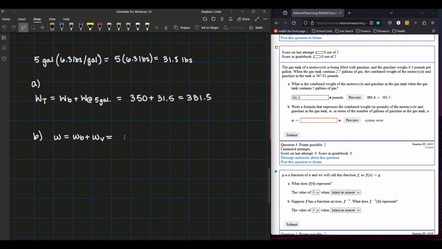Well, I know the weight of the bike is 350, and I also know that if I were to take the ratio that we have, 6.3 pounds per gallon, multiply that by V, where V is the number of gallons of gas,